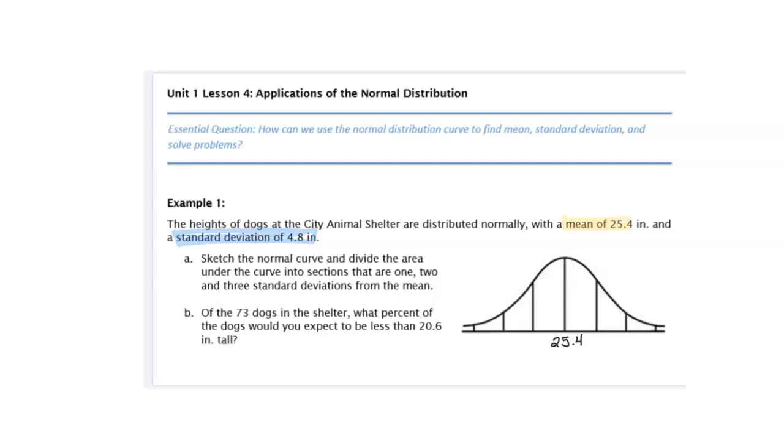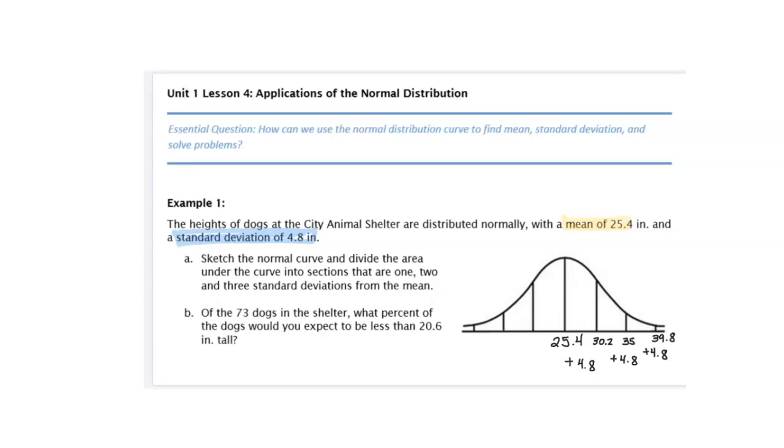So because the standard deviation is 4.8 inches, that means that we will add 4.8 so that we can get our next number, and in this case it's 30.2. Add another 4.8, and our next interval is 35. Add another 4.8, and our last interval will be